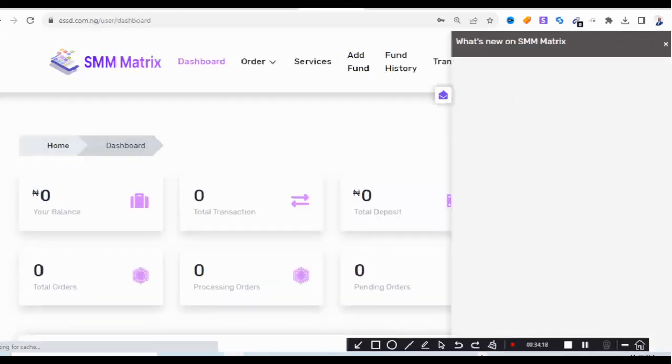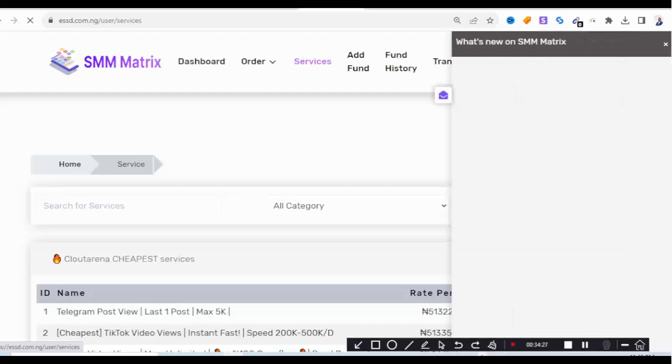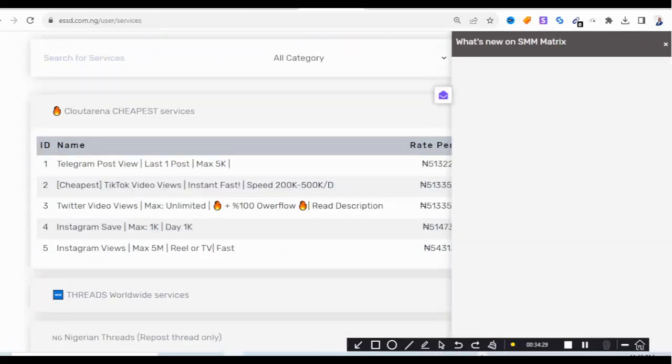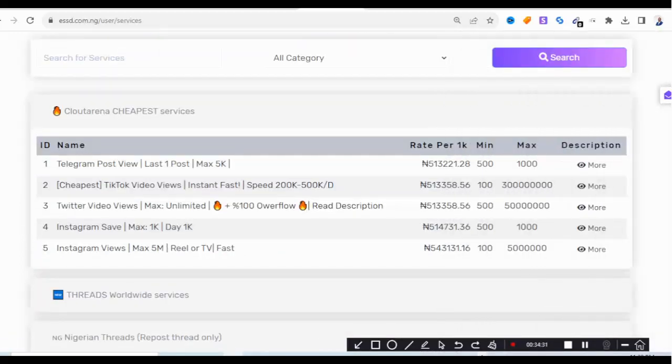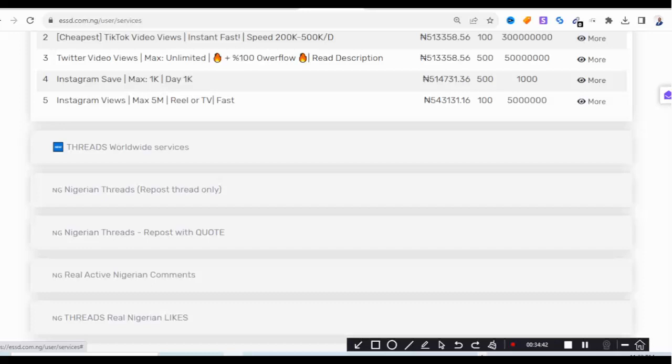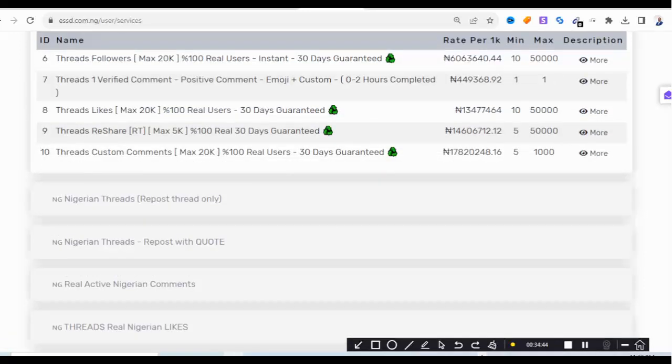As you can see, we are automatically on the dashboard, and if I click on services here as a user, as you can see, it automatically pops up all the services on our website. So as a user now that I need these services, what am I going to do? I'll look for the one I want. So I'll just scroll down. Okay, let's say I want to buy trade followers. Therefore, it's going to cost me